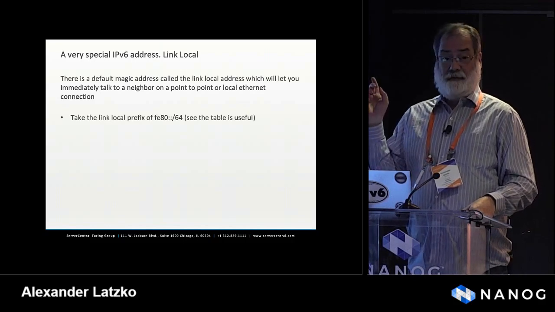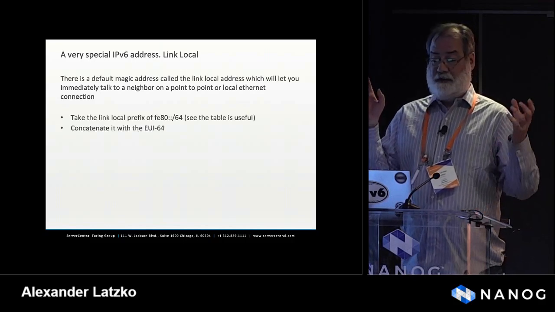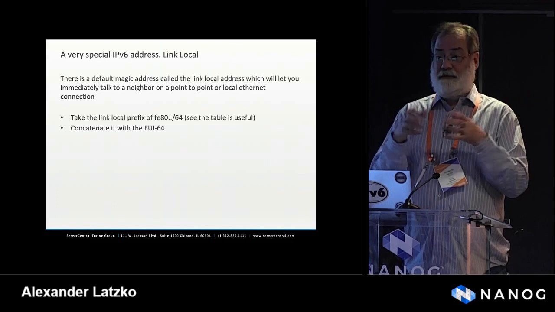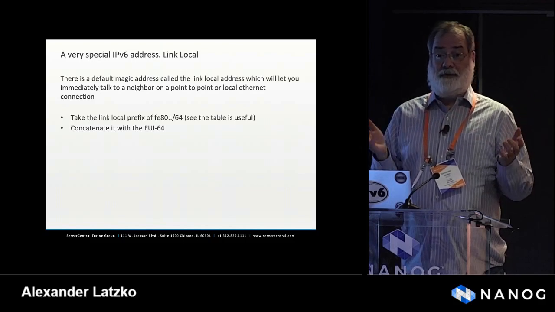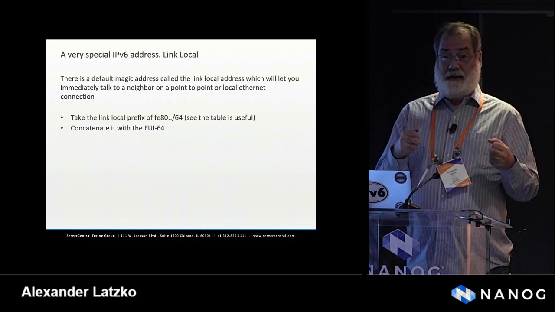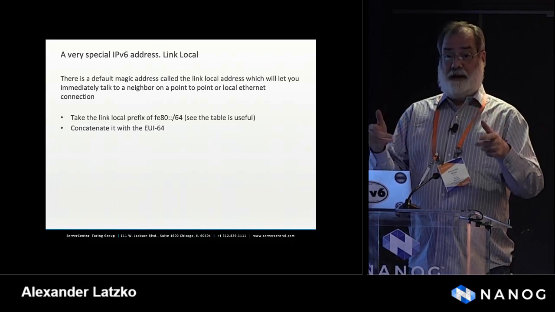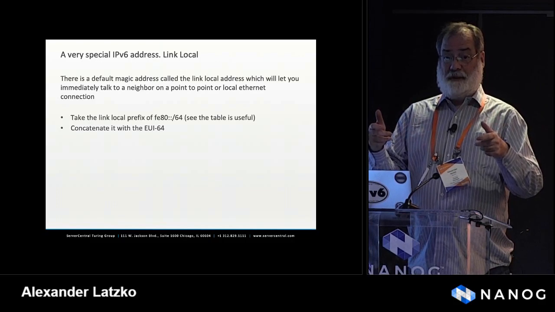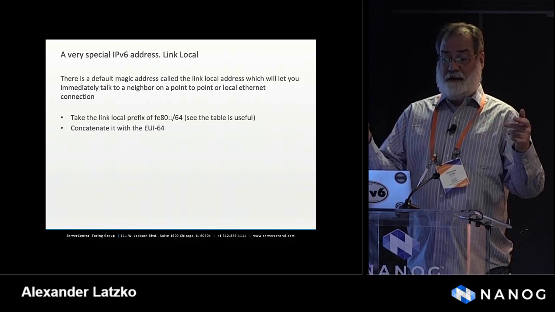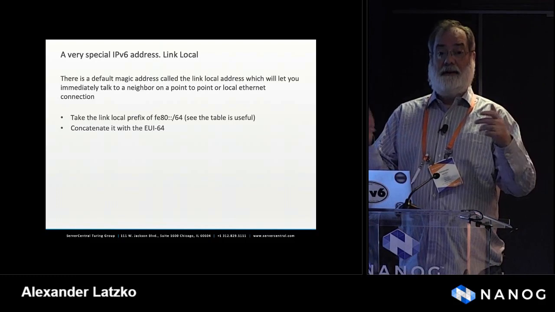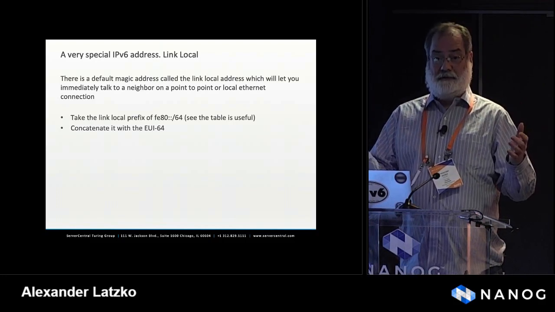We have this in the table, and you just concatenate it with the EUI64. There's your link local address. It's a well-known format. So if you know the MAC address of the interface that you're talking to, you can convert that into an EUI64 in one transform, and then concatenate it with FE80::, and you have your link local